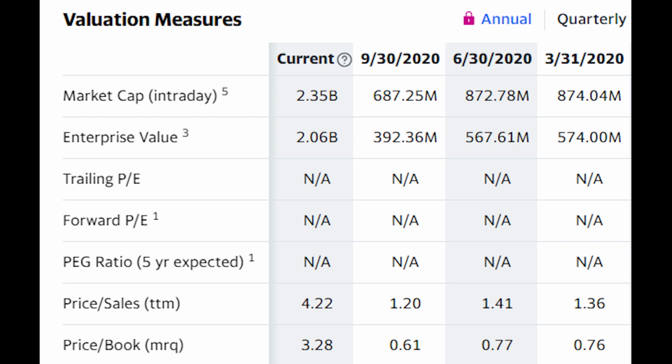Which to me seems incredibly undervalued given the type of growth this industry is about to experience over the next 5 years. So Stratasys stock is one I will definitely have at the top of my watch list, and